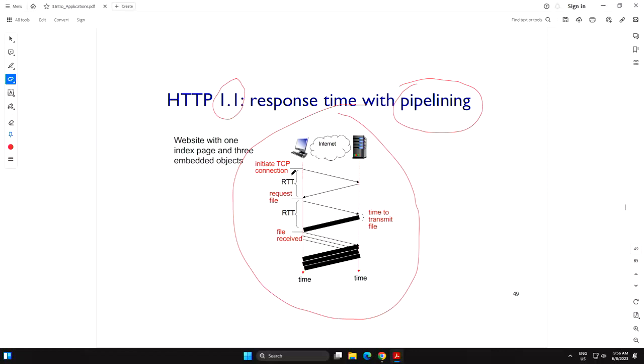So you can see you open the TCP connection, one RTT only, then you request the file. So when I say request the file, what do I exactly mean? Some students will ask in the forum, I'm sure. So let me just tell you. When I say file, I'm referring to the base, or sometimes it's called index file. That's an HTML.